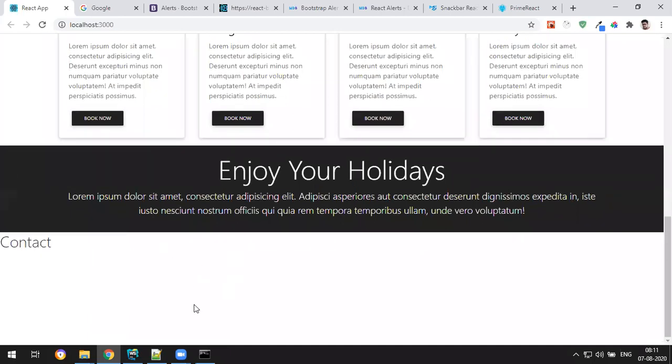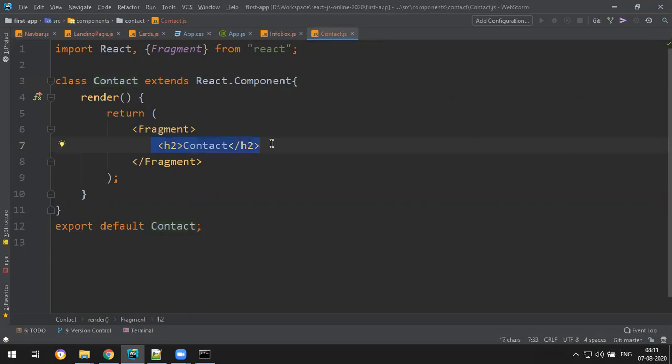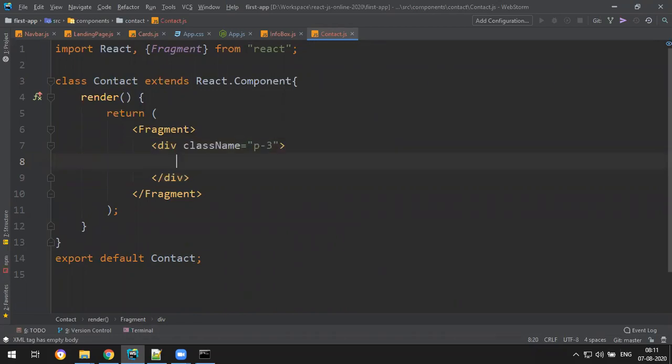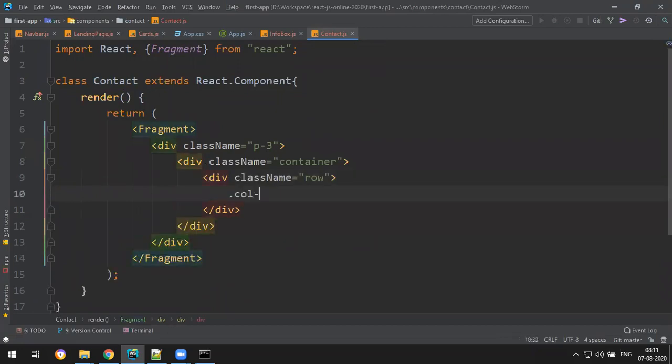Yeah, let's make the contact form. I want actually one Google map here and one contact form here. Okay, so let's quickly go here. Let's add one p3, some padding, in that one container, one row. So I want two partitions.